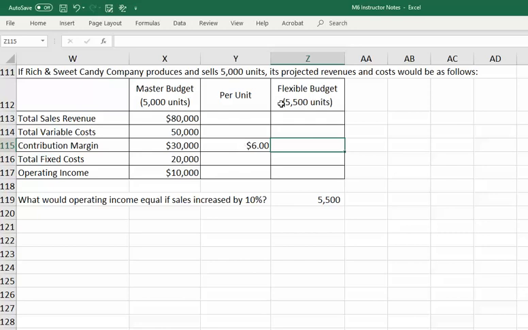So given that I produced or sold 5,500, I would take the contribution margin per unit times the 5,500 units. So at a 10% increase in sales, I should have essentially a 10% increase in my contribution margin. Fixed costs are fixed. So your operating income is equal to your contribution margin minus your fixed costs. So we would have a $3,000 increase